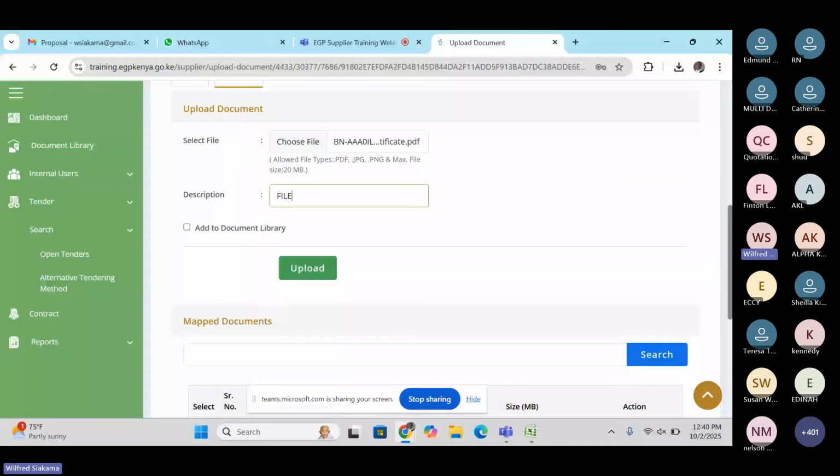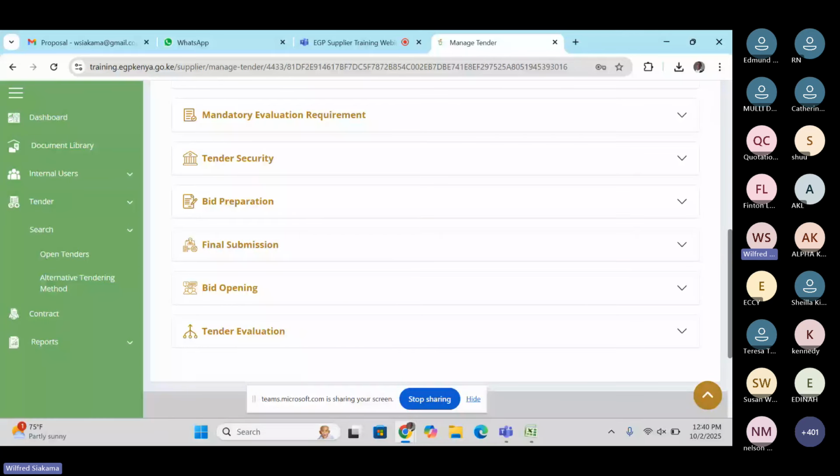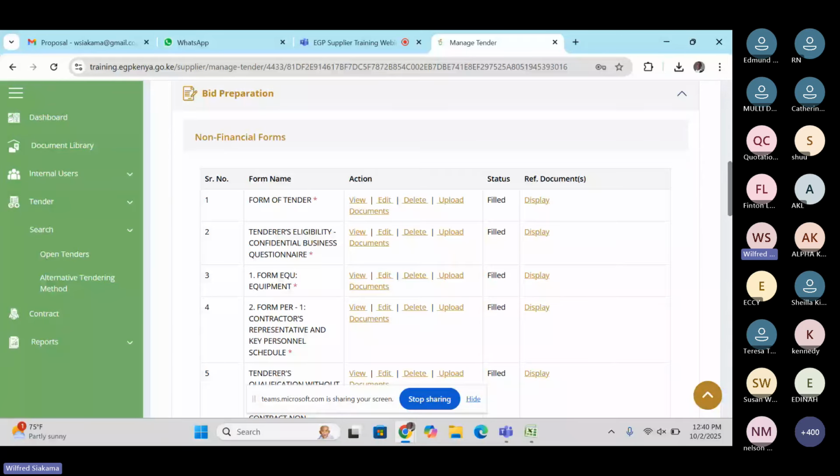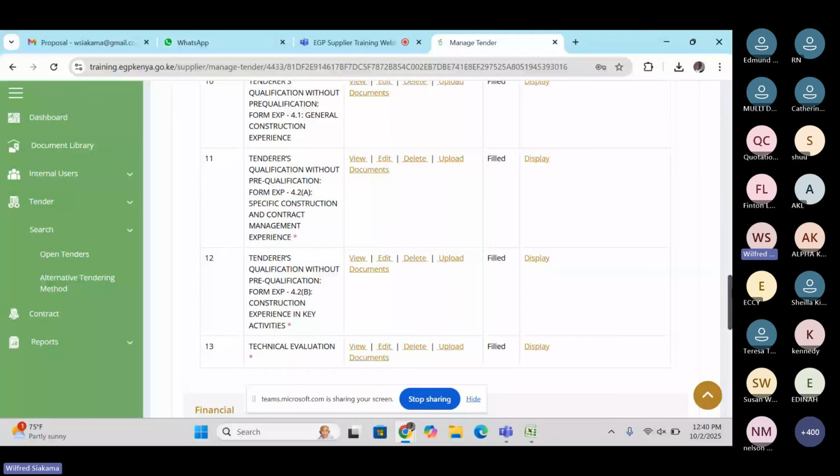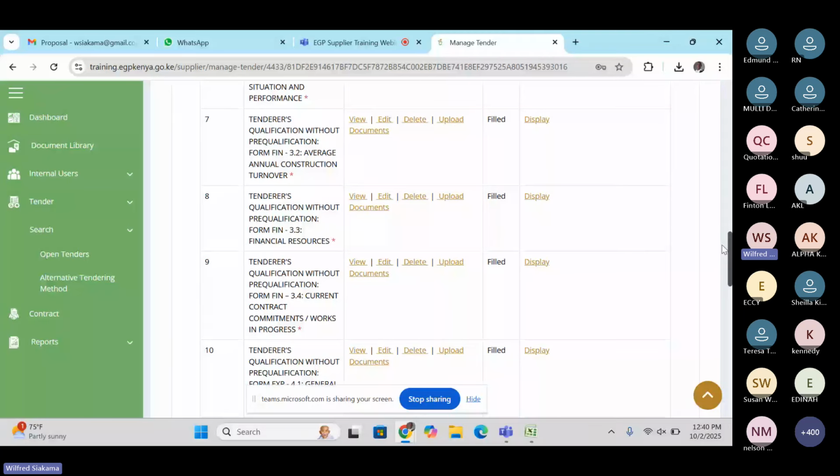Now you go back. In the bid preparation, it has been categorized into non-financial forms and financial forms. So we are through with the non-financial forms, from number 1 to number 13. So make sure, and I repeat, make sure that